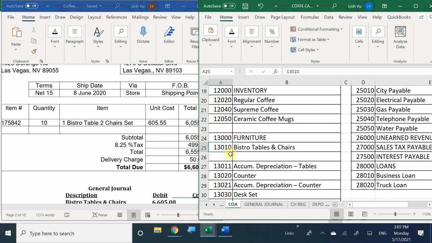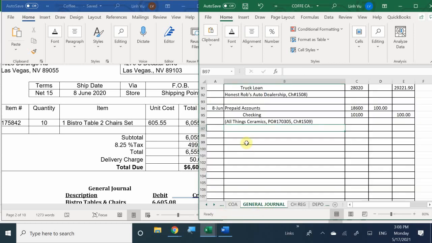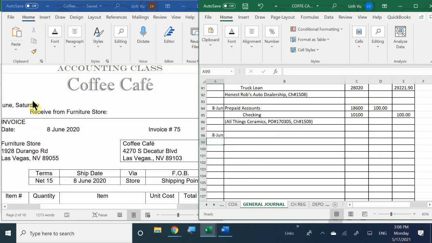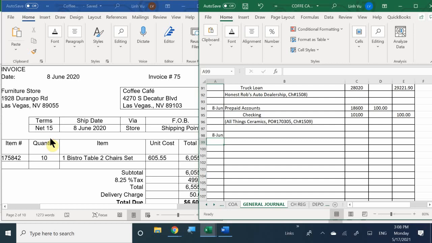13010. So general journal. We received our tables already, and it's still the 8th. Is that correct? Yes. Okay, perfect. Received it on the 8th. Okay. We got bistro tables and chairs. Account number